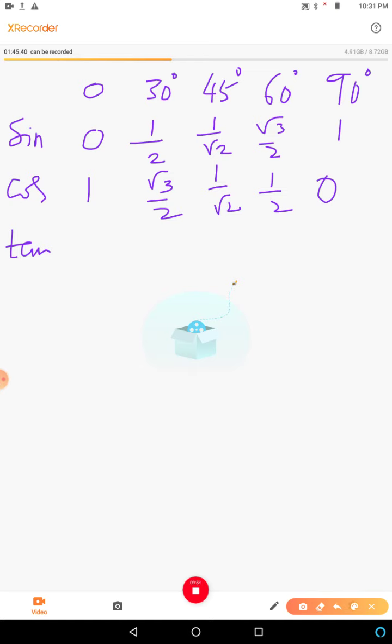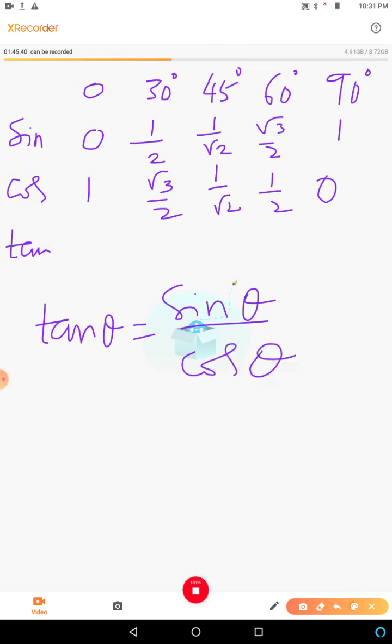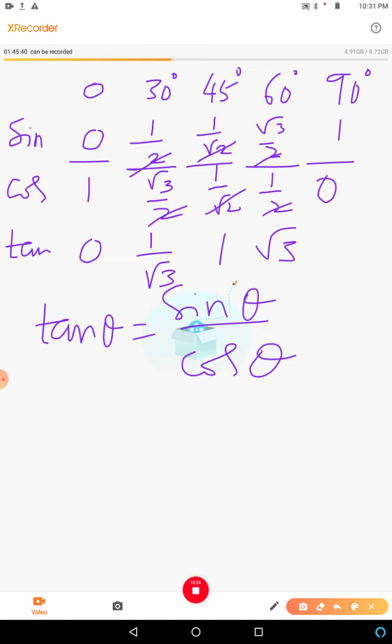For tan, you should know another thing: tan theta is equal to sin theta by cos theta. So if you divide these sin and cos values then you will get the tan value. 0 by 1 is 0. 1 by 2 divided by root 3 by 2 is 2, and the 2s get cancelled, so it will be 1 by root 3. Then the root 2s cancel and it will be 1. Then the 2s cancel and it is root 3. 1 by 0, anything by 0 is infinity. So these are the values of